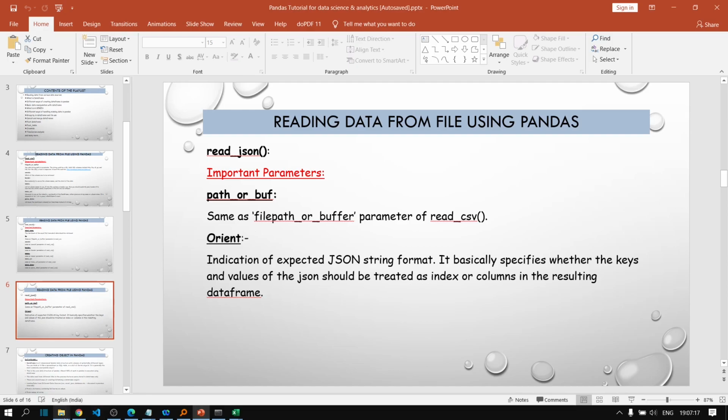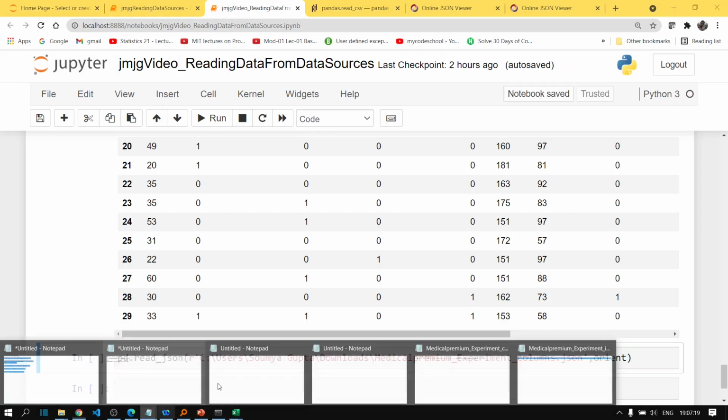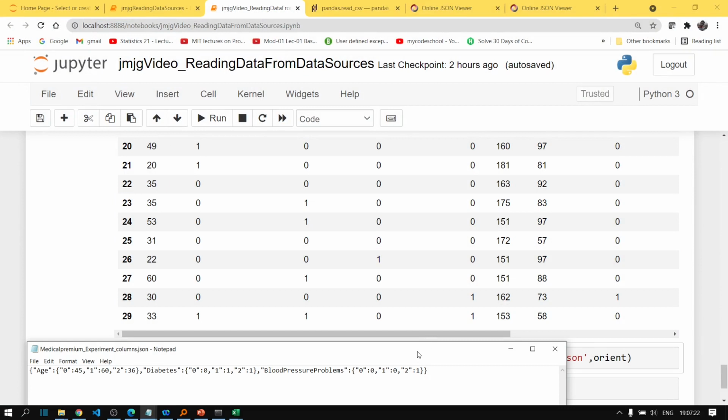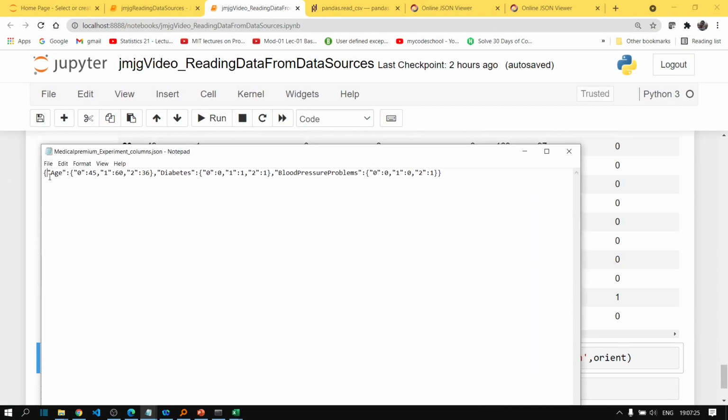So if we go to our JSON, so this is our JSON, right? So here a JSON is just like a dictionary. Okay, JSON stands for JavaScript Object Notation. So it's basically a JavaScript object, and the JavaScript objects are just like a dictionary. Each of the keys, these keys of the JavaScript objects, these are called properties of the JavaScript object. What we call the keys in the dictionary, these are called as properties of the JavaScript object. Fine.